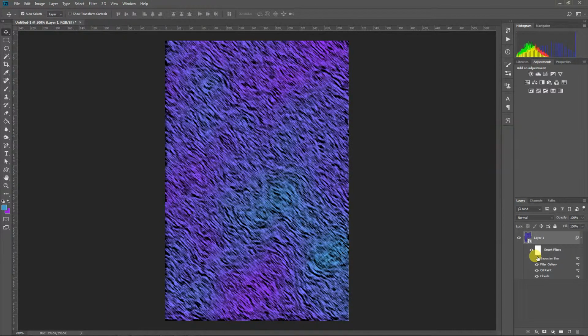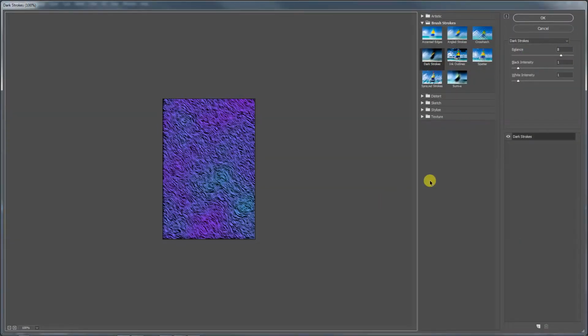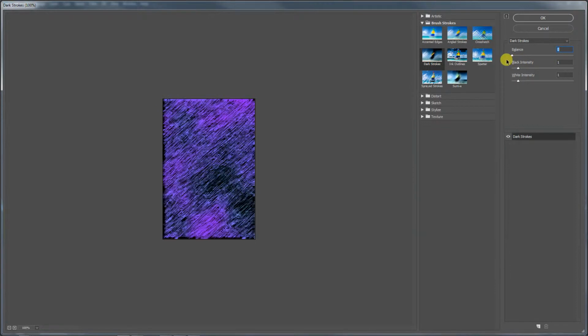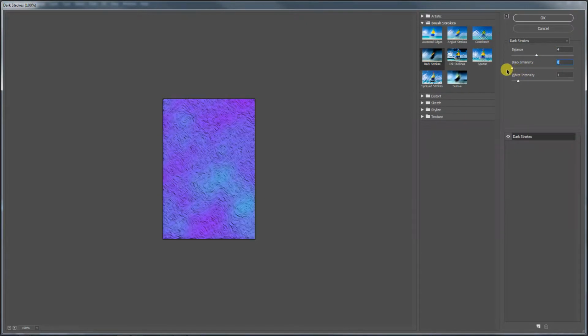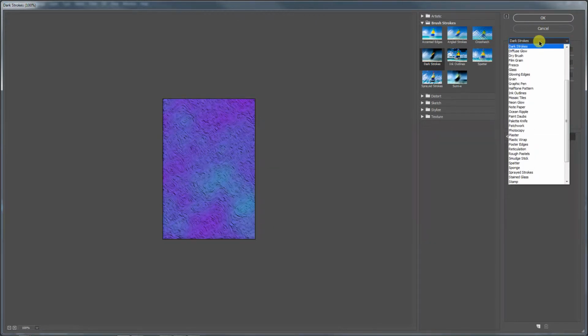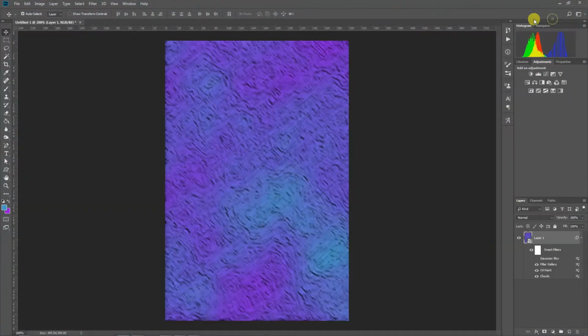And just by trying that stuff a little bit, and now that I have a different look, I can go back in and maybe change my settings a little. See what it is I want to do differently. Maybe I don't want there to be a lot of that dark stuff, but I still want it to be finely textured. Dark strokes. Oh no, that's what it's set to. There we go. Nope, I don't want the blur. If I have this really fine, then I don't want that blur on it. But now I've got this abstract texture I can work with,